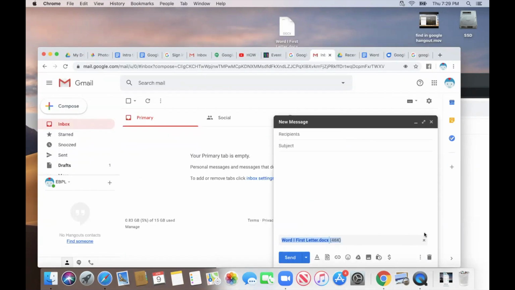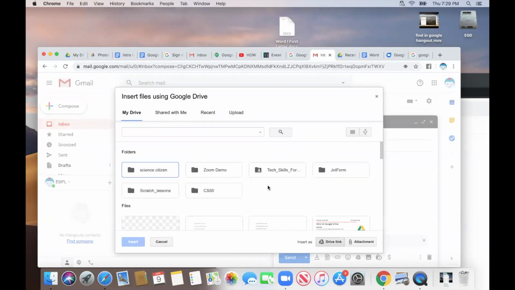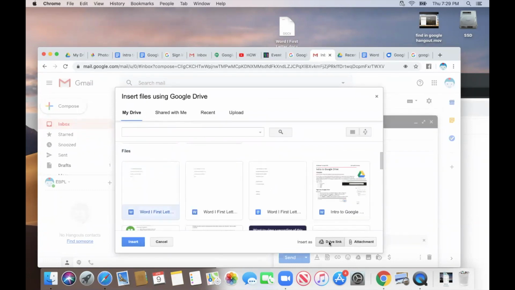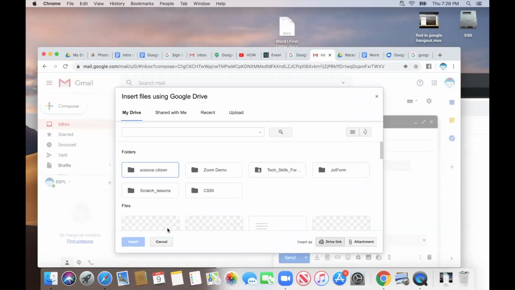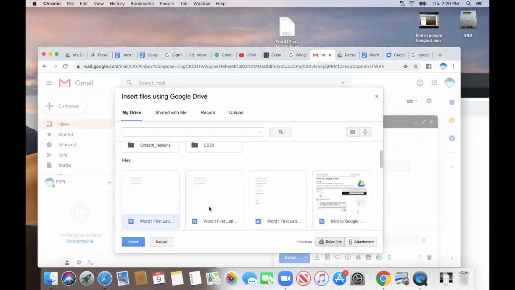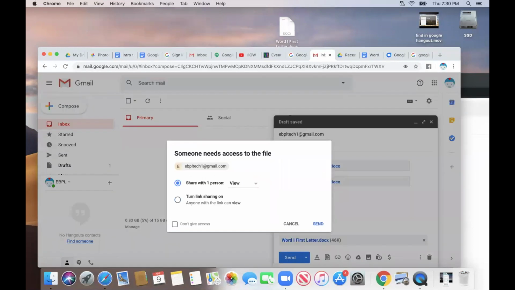Also, you can add your attachment from Google Docs. So if you have any documents here, you can go through here and attach it. You can put the link instead of putting the whole file. So I have the option to put only the link. And also somebody like you, with your Google Drive. So for example, I'm just gonna show you,